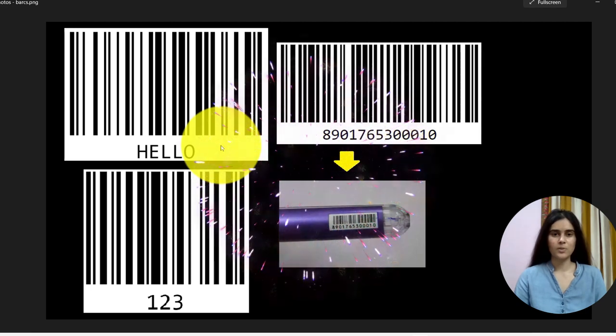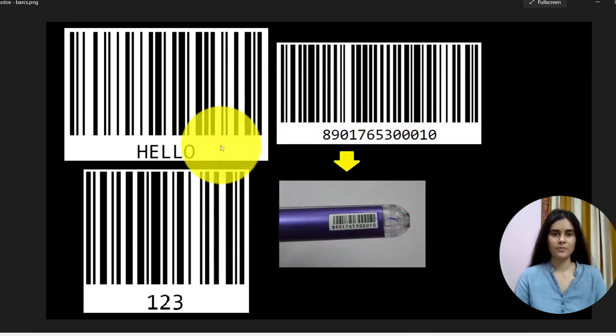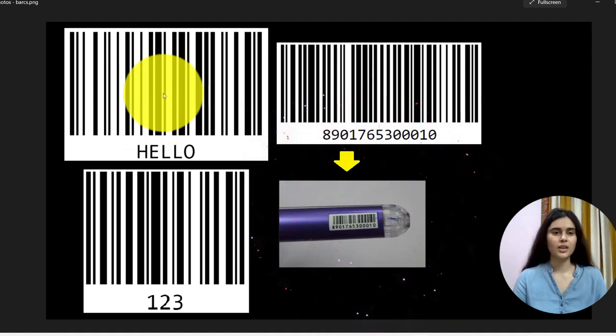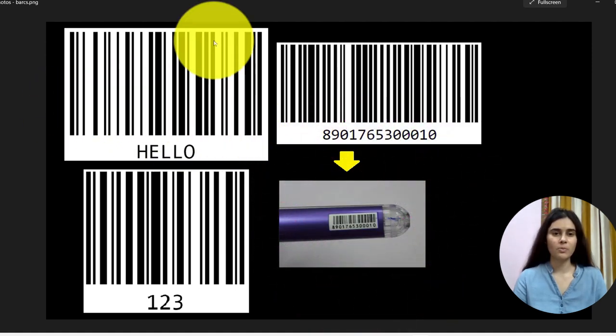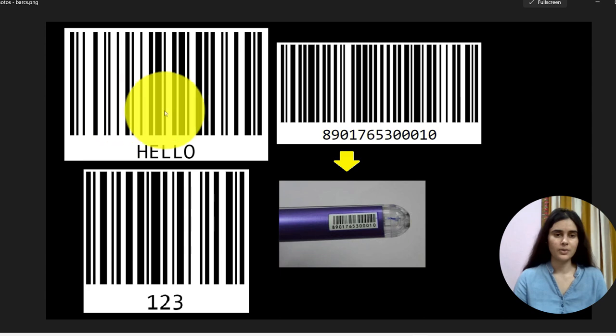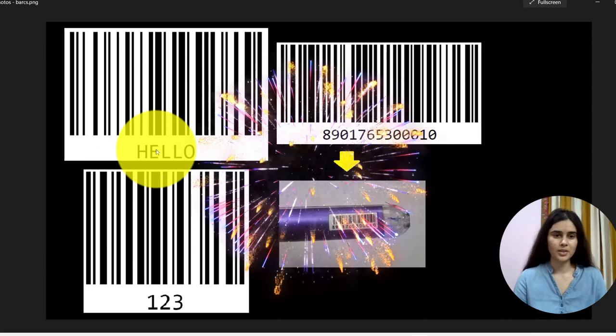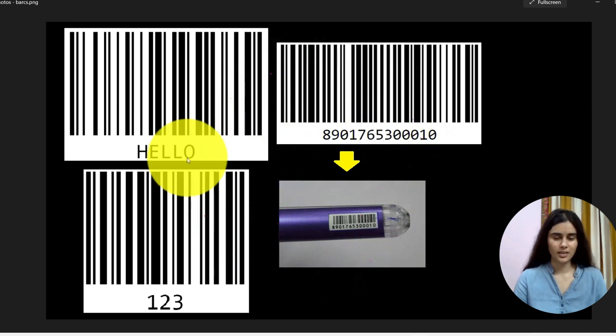Barcode, that is visual representation of data. Barcodes are widely used for automatic identification, product tracking, and for other items. Here you can see in the barcode we have a series of parallel lines having different width, and you can see the space between the lines along with digits and characters. Lines and space in the barcode represent different combinations of binary digits which encode information.